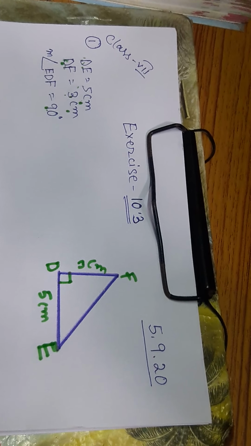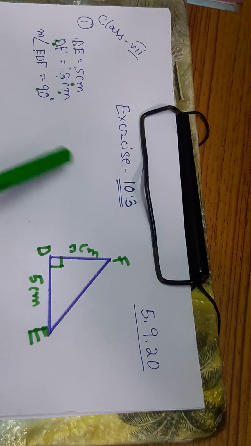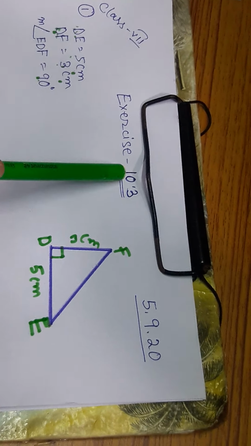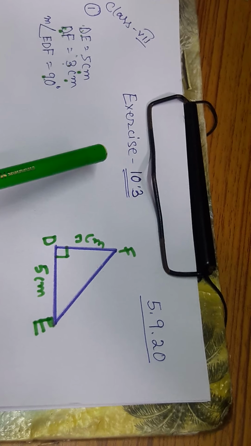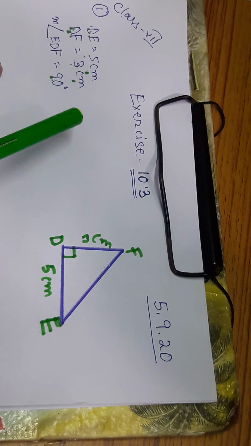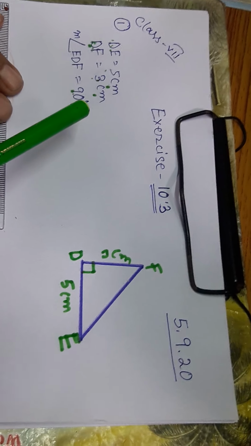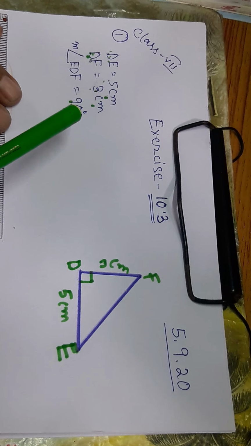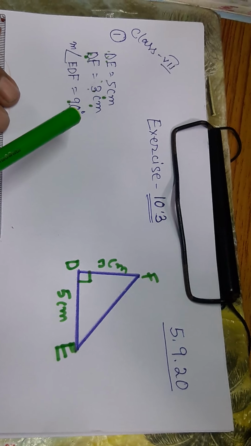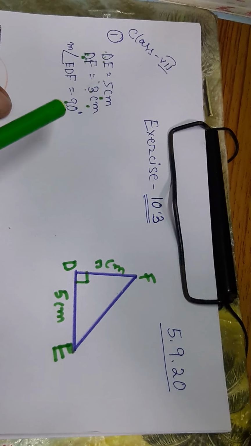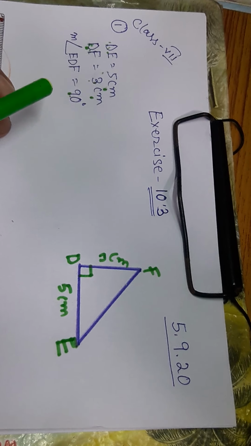Already you have gone through exercise 10.1, 10.2. So today we will start working with exercise 10.3, and which was the topic we were discussing? We were discussing the construction of triangles. For that, what are the things we were following? We were following the congruency criterion, and which criterion is already done? That is side, side, side. If the lengths of the sides of a triangle are known, then we can construct the triangle.